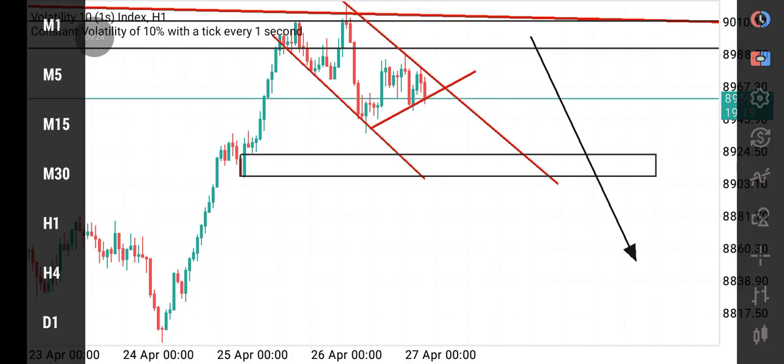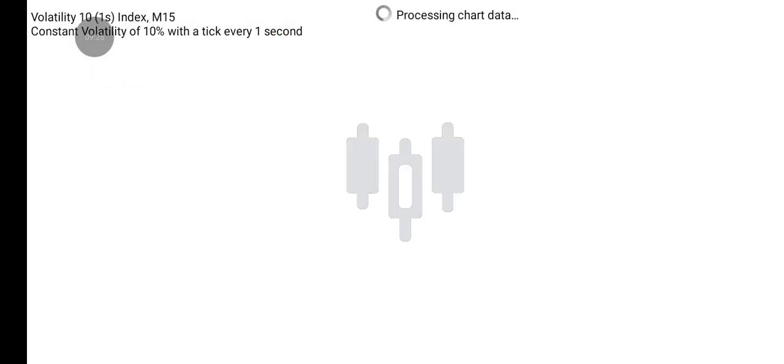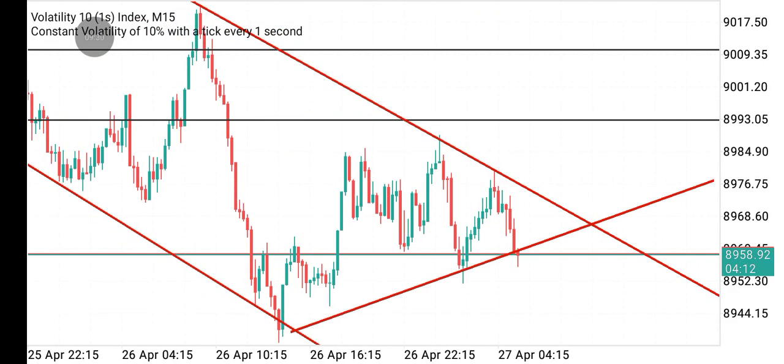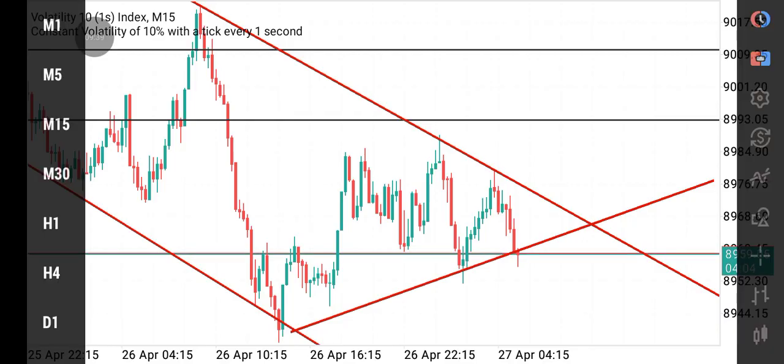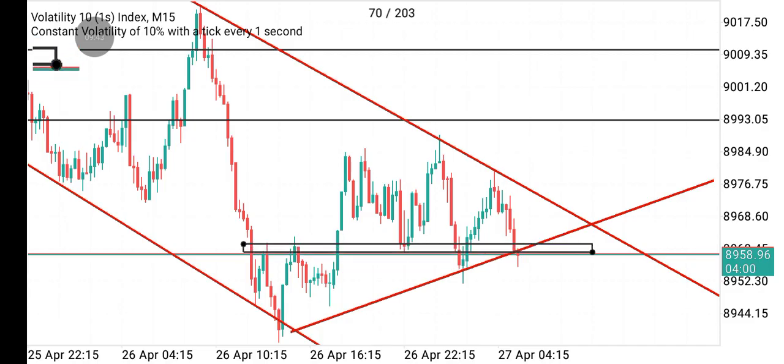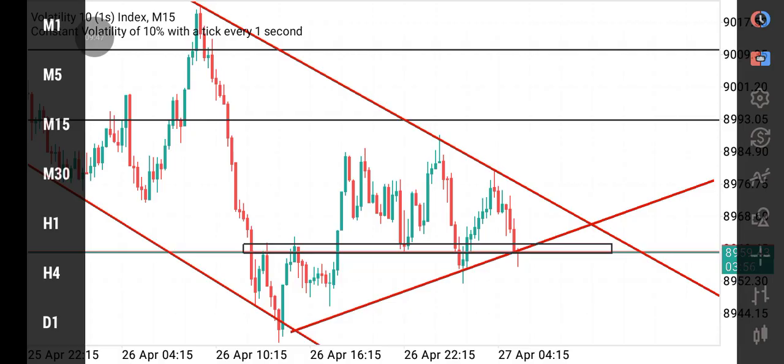So the market is yet to break out of that particular zone. If the market is able to break out of this zone, we'll be seeing more sales to that zone which I marked. And as you can see, we have something like this here. That is the zone. And on the 1 hourly time frame,